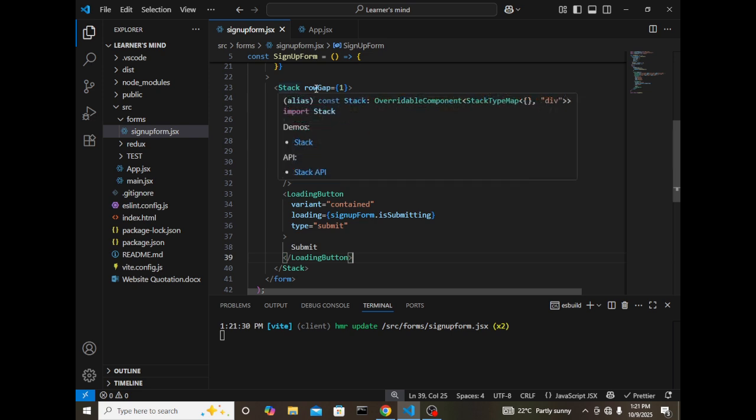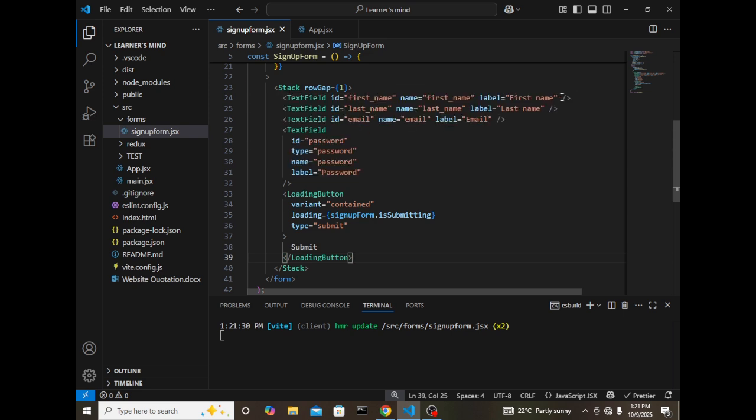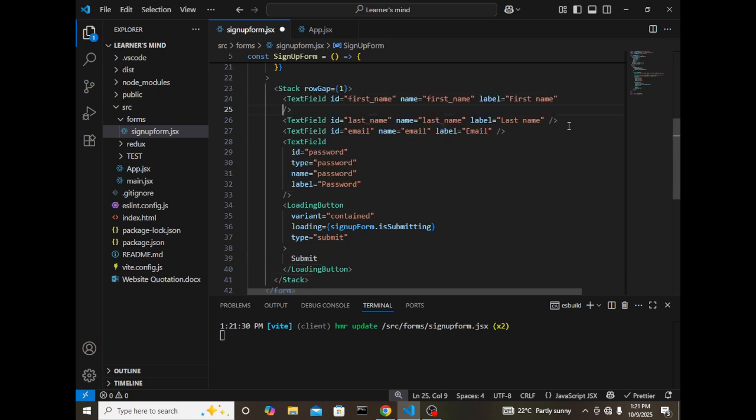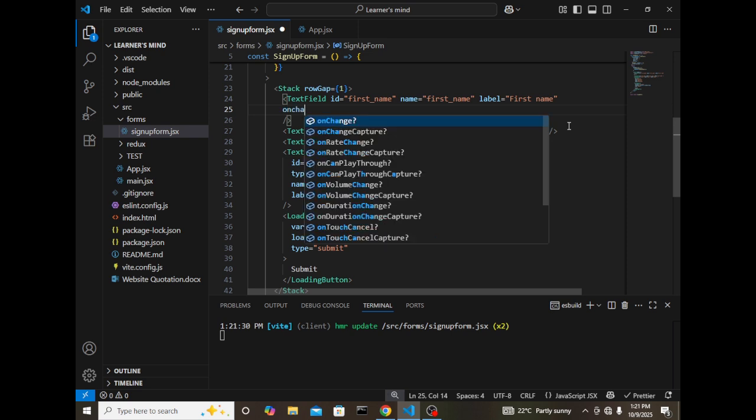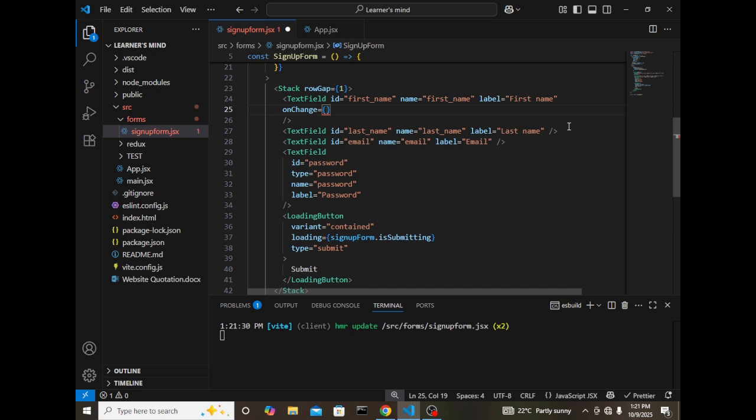To make sure that Formik tracks changes, there are two ways of doing that, and one way is by calling the on change, and I can say sign up form dot handle change. So I can pass it there like that, and then I can proceed by saying also on blur,